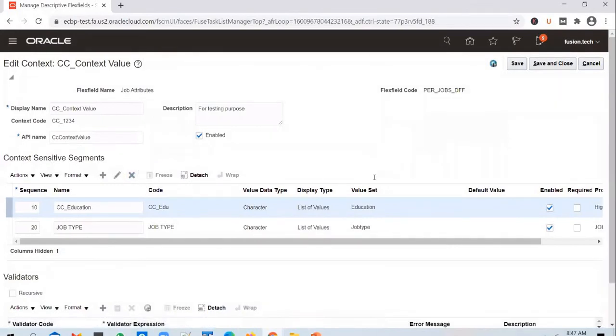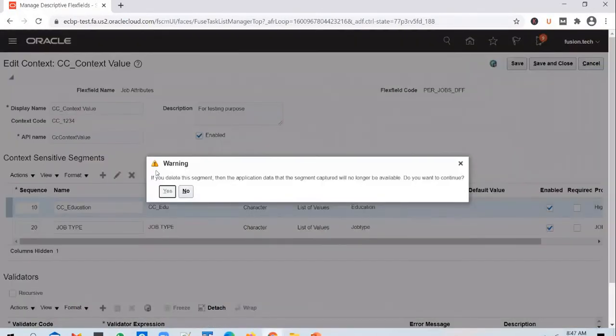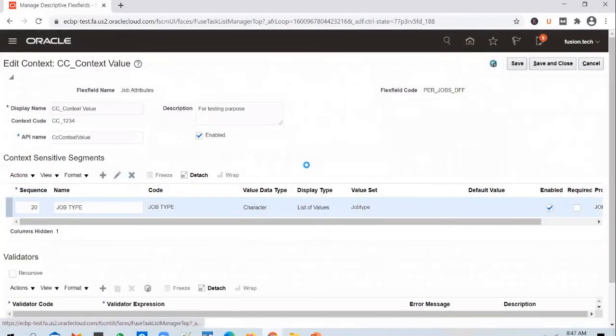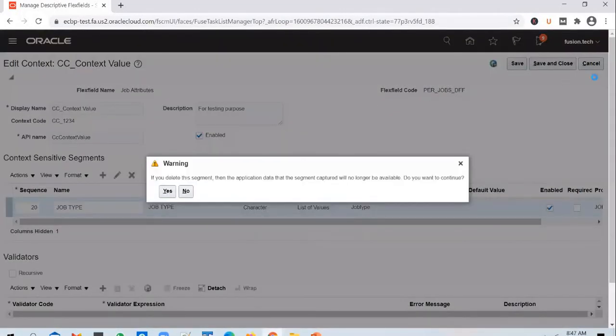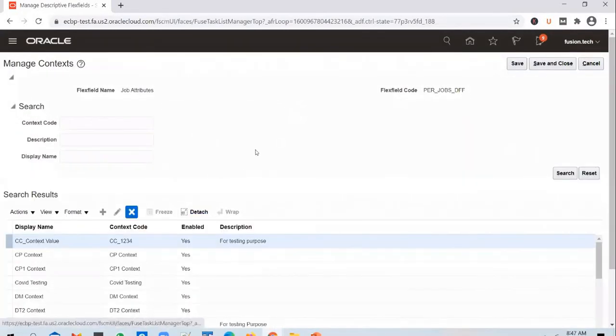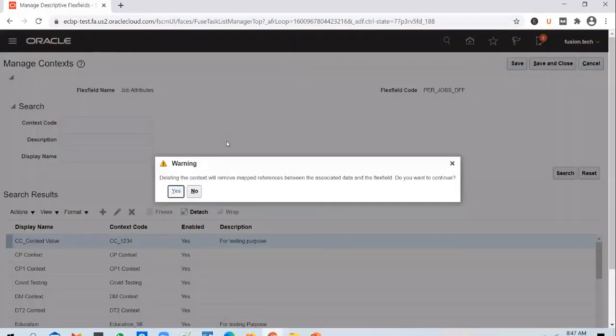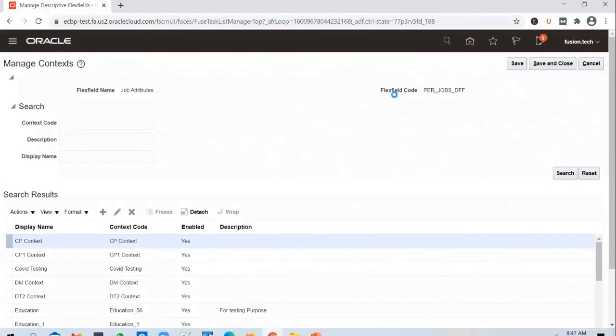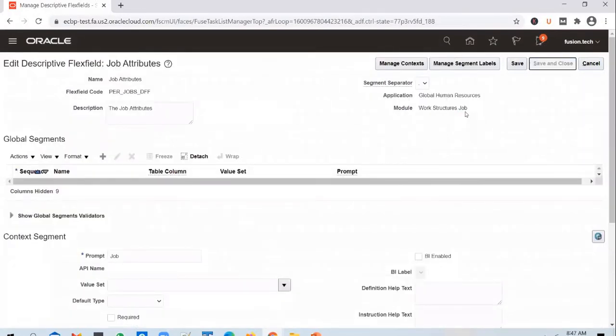So what you can do is you can take them off. Save and close, and you can take off the context as well. Okay. And if you try to deploy the flex field, it should go through fine.